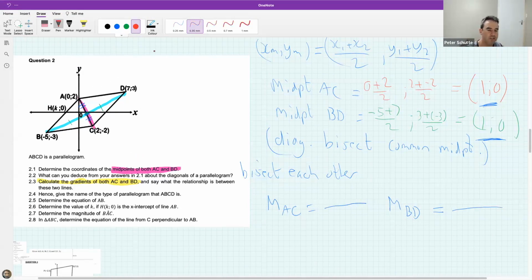You get quite good at using these formulas in your head because you just do them so many times. After a while, they tend to get stuck up there, which is good. Just be careful you don't mix them up. That's what can happen sometimes. If you do one a lot, you have to remember that for gradient, you're subtracting. So 2 minus minus 2, and then 0 minus 2. So that's